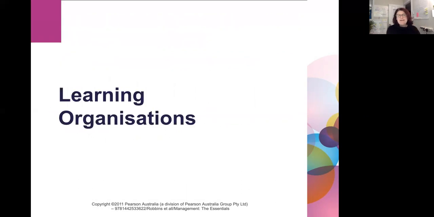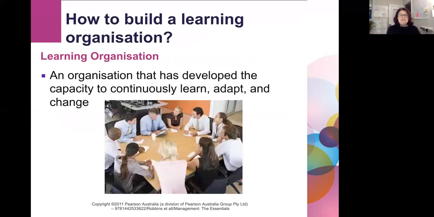And then our last little component in this video is the idea of the learning organization. So this idea comes from the work of a guy called Peter Senge, who took the idea of complex adaptive systems, which is a term that comes from ecology, and applied it to organizations to start thinking about what it is that helps an organization to be adaptive and responsive in the environment that it works in. So this goes back to the Darwinian idea of survival of the fittest. Fittest not necessarily being the strongest or the fastest or the best, but the one that is best adapted to